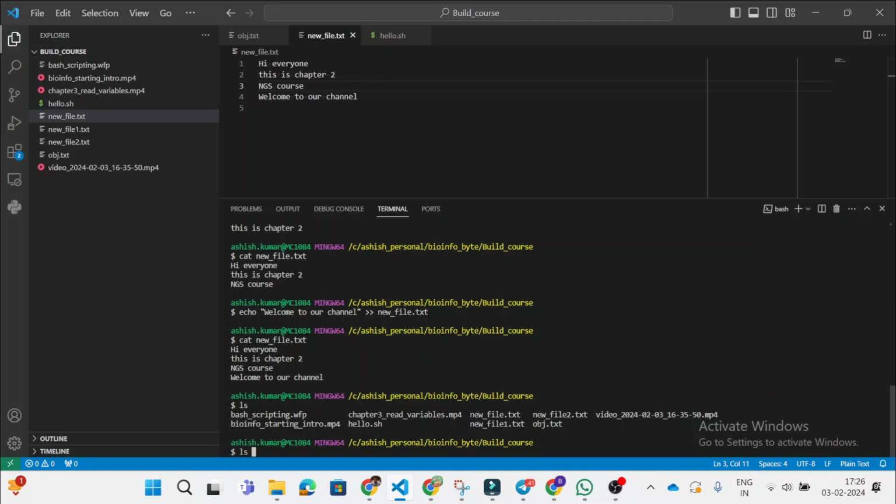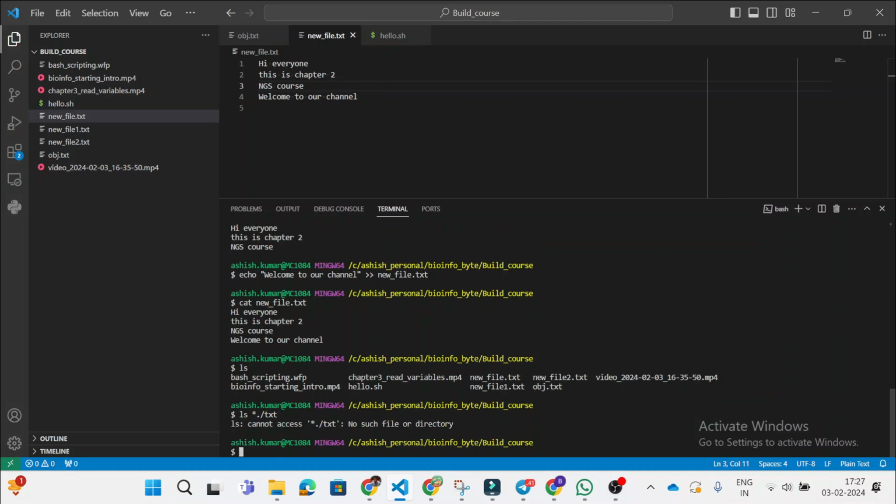So simply print the files which have the extension .txt. I can use patterns. The pattern is star and then a full stop, and then the pattern name .txt. Okay, so I missed out one thing.